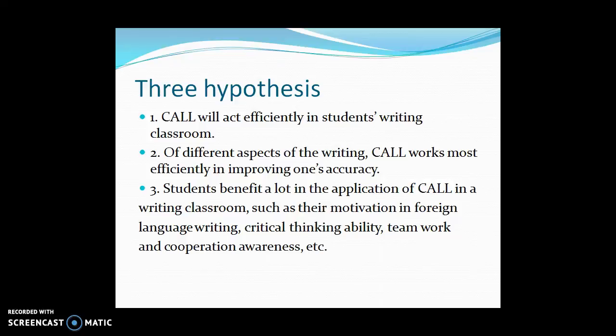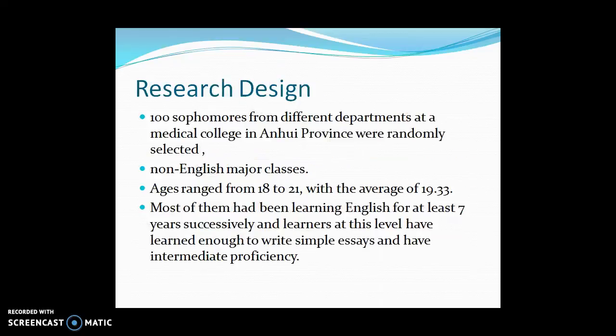So let's go to research design. 100 sophomores from different departments at a medical college in Anhui province were randomly selected. They were non-English major classes, and that's really meaningful in the sense that the students really weren't studying English the way you and I do. Ages ranged from 18 to 21 with the average of 19.33. Most of them had been learning English for at least 7 years, and learners at this level have learned enough to write simple essays and have intermediate